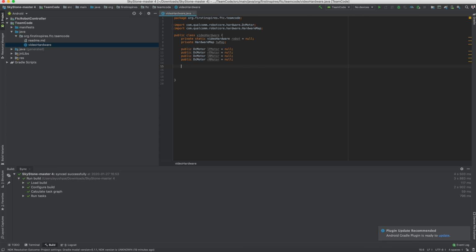So the next step is for you to create a get instance method of the hardware class so it can be referred to from any other program. You would do this by making a public static method, and name it the same thing as your class. And what you do is say get instance, and